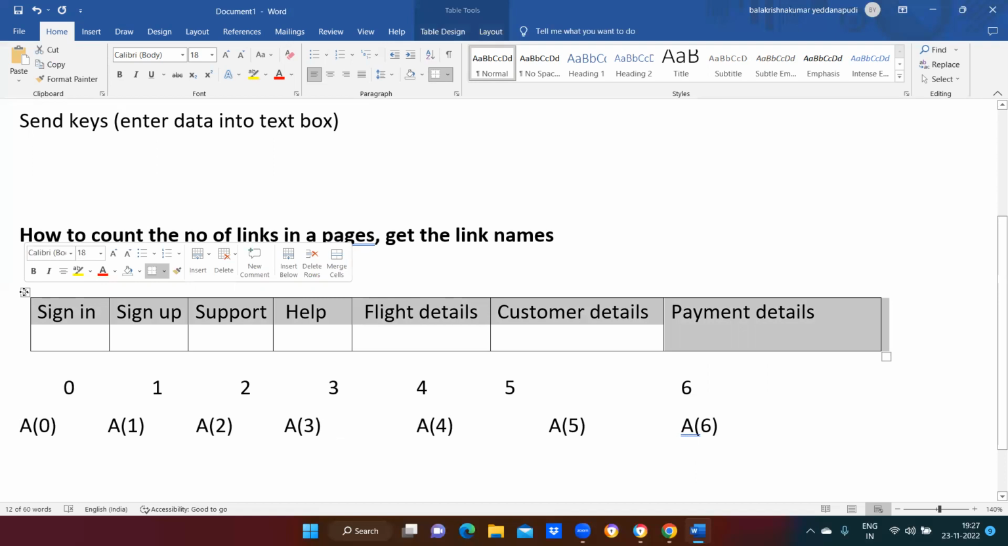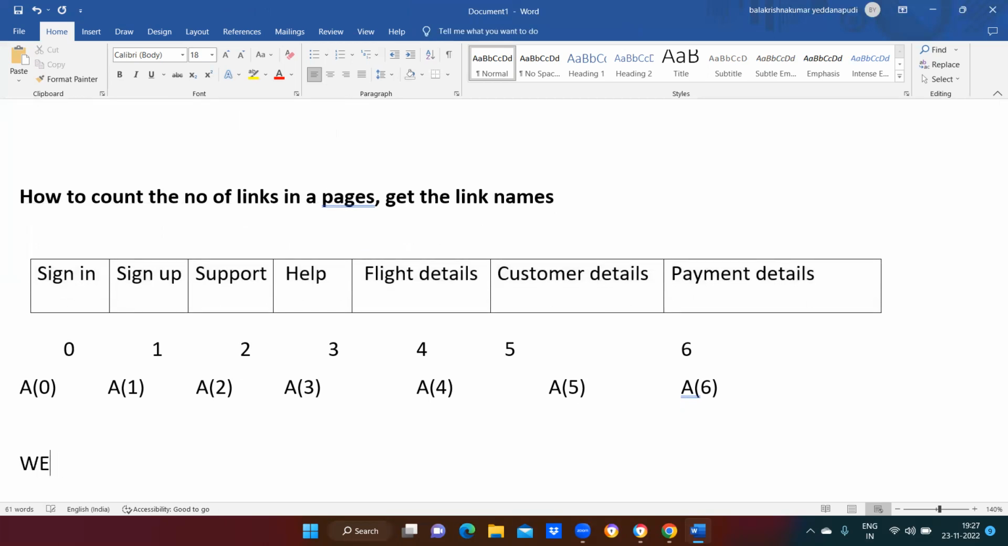Now this will be considered as a web element. We'll call it a web element. This entire tab, we can consider it as a web element. So I will capture this entire tab. First of all, if you want to get these elements, first we need to capture this entire tab. This is one tab. So how do you write this? We can write WebElement, some variable a equal to